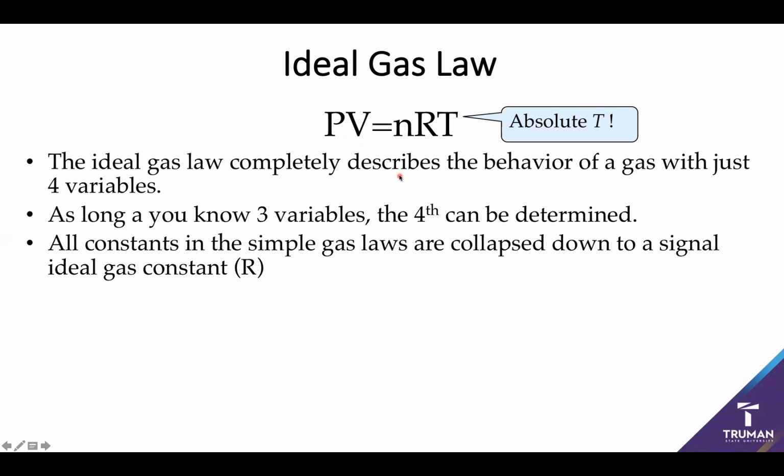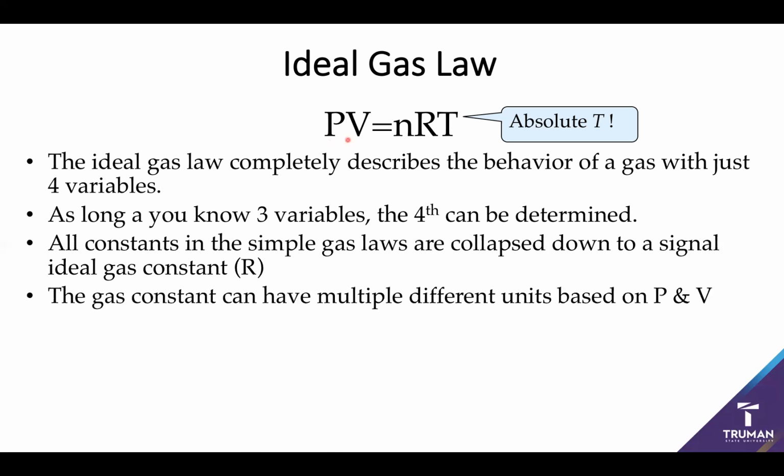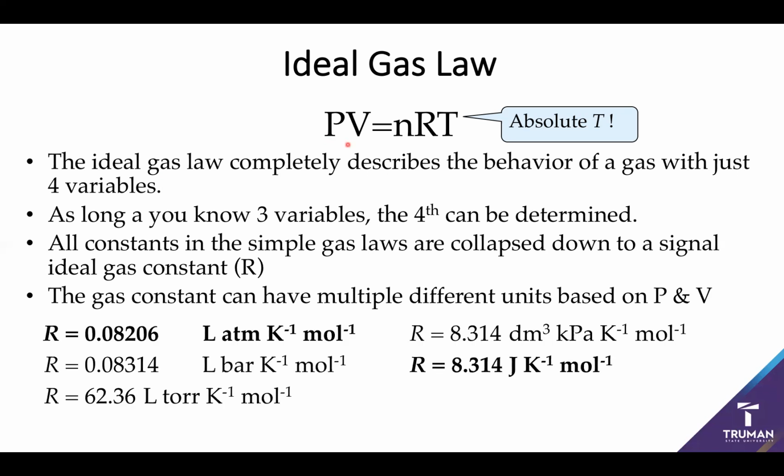Now, one of the things you should watch out for is there are a lot of different units that R can possess because, well, n will always be in moles and temperature will always be in Kelvin. We've got a lot of different units of pressure and volume to work with. So whichever unit of the ideal gas constant you use should be based on the pressure and volume you're working in. So for example, we have a value of